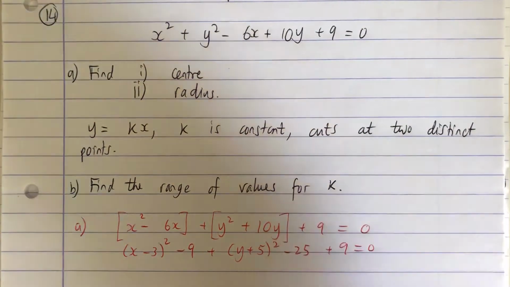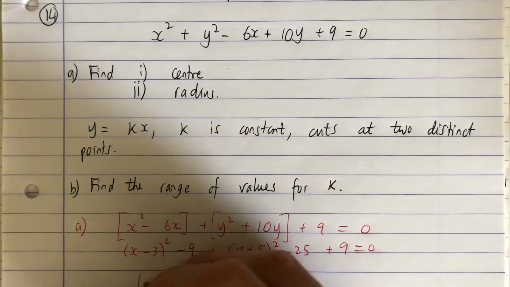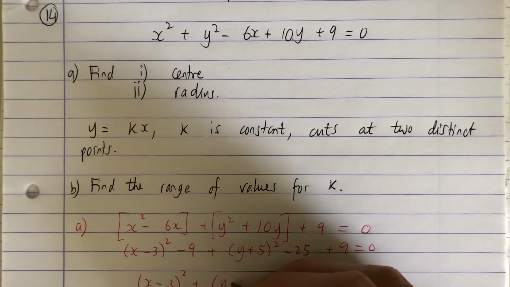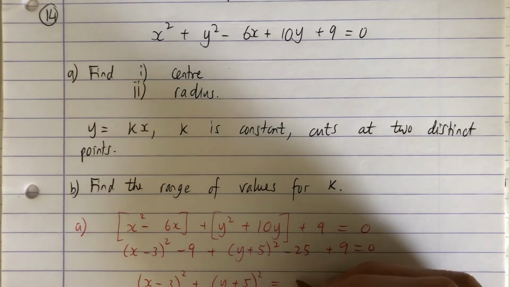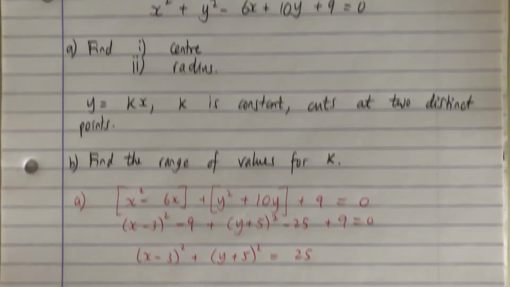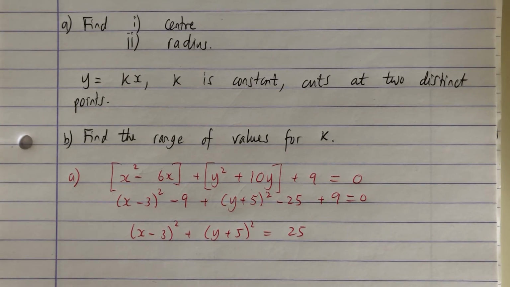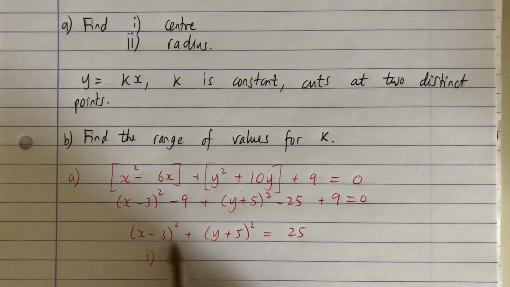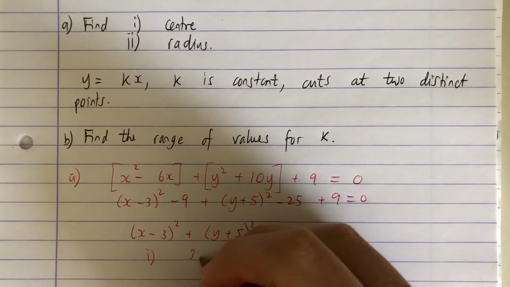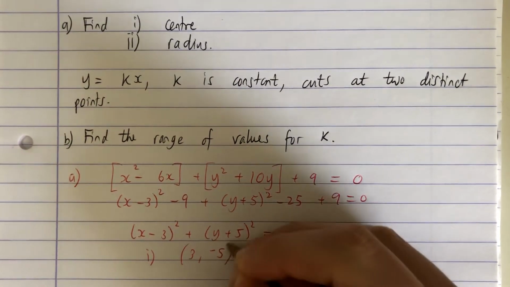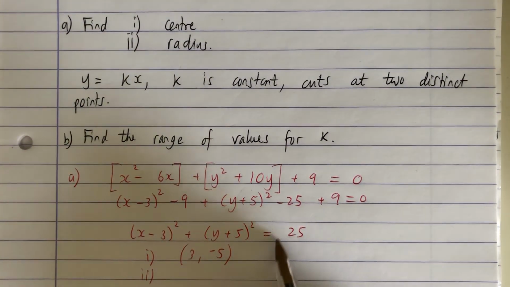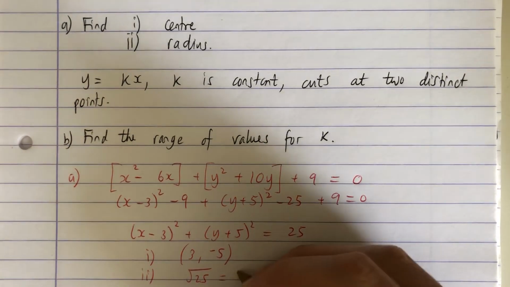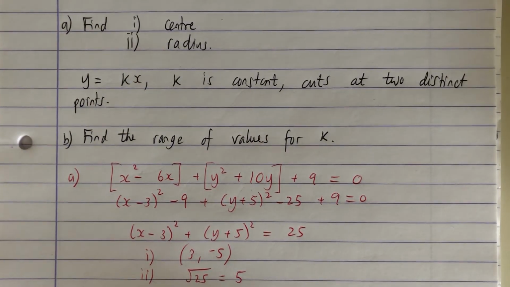So I've done those separately, and then if you take the numbers to the right hand side, you get this is equal to 25, and then you can state the centre, which would be whatever makes these brackets 0, so (3, -5), and you can state the radius, which is the square root of the number on the right hand side, which is 5,